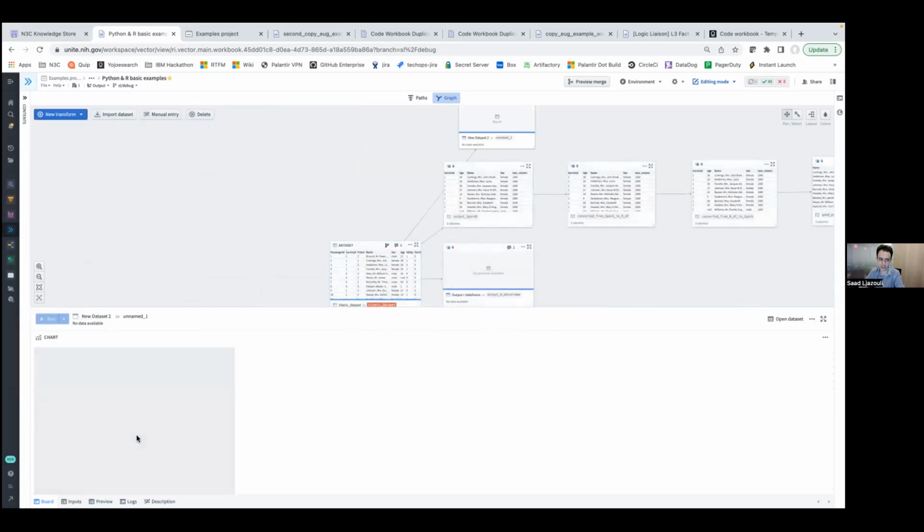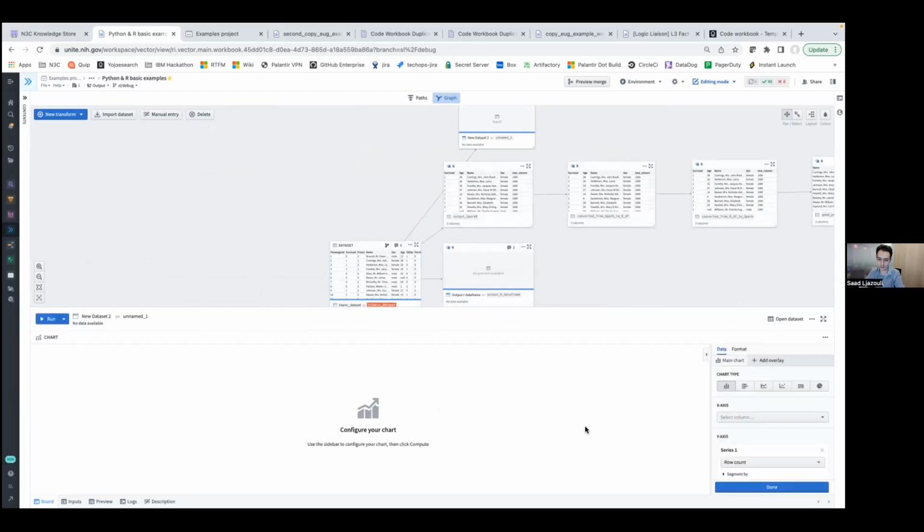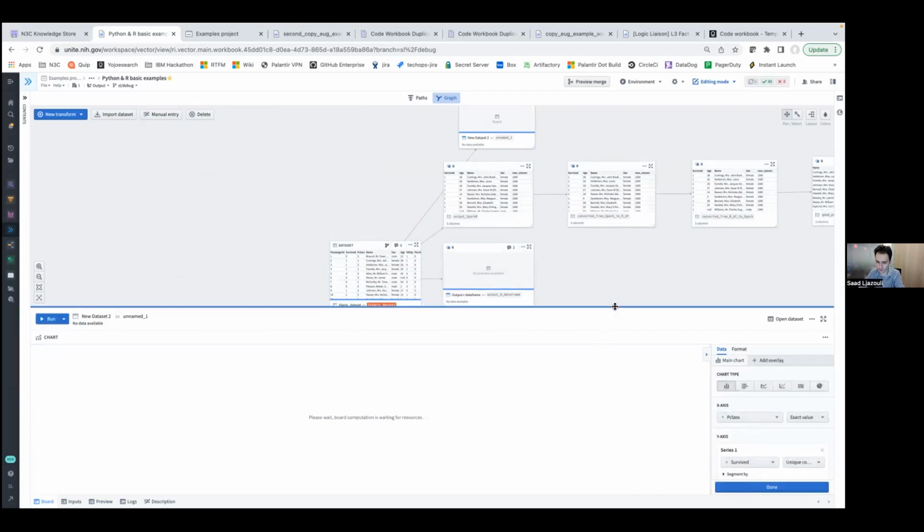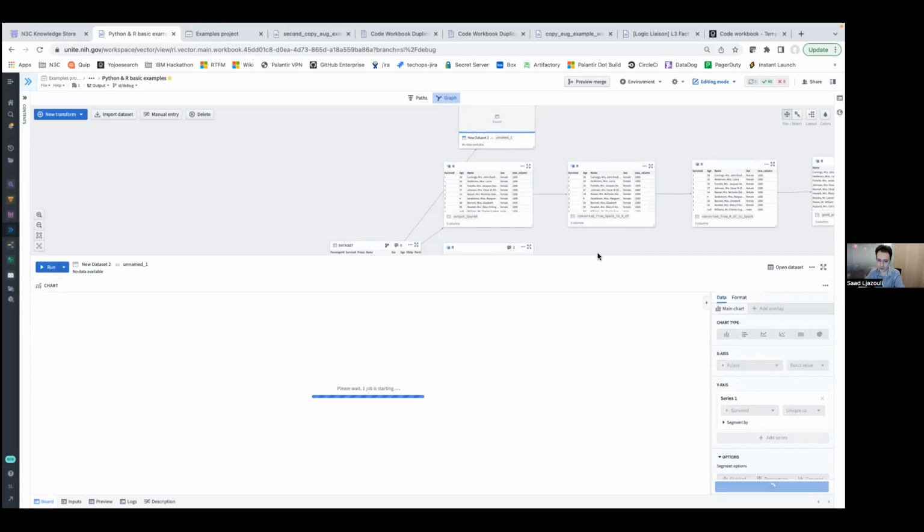And these are basically features that are available in contour. So I can say plot survived. I guess this should be in the y-axis. And then let's say I want to plot the unique count of survived people. I'm not even sure if this graph is relevant, but